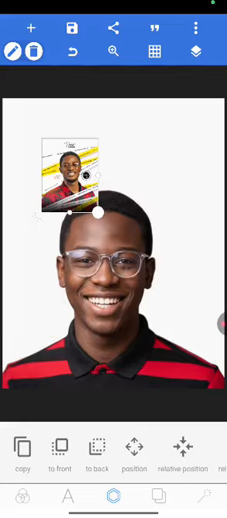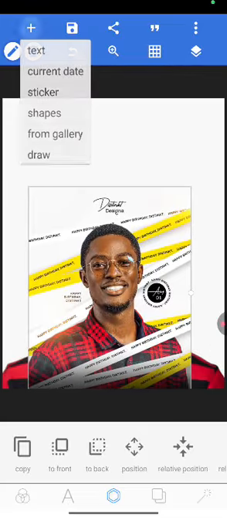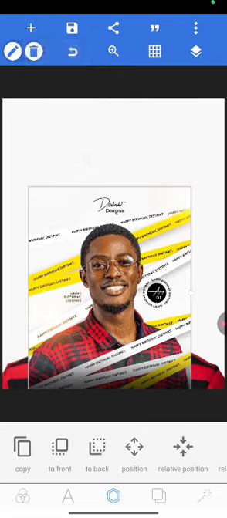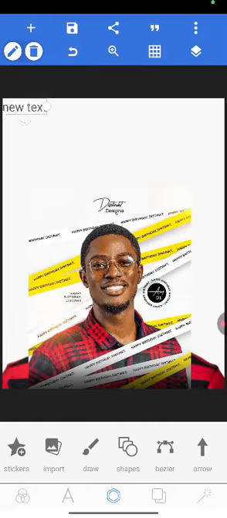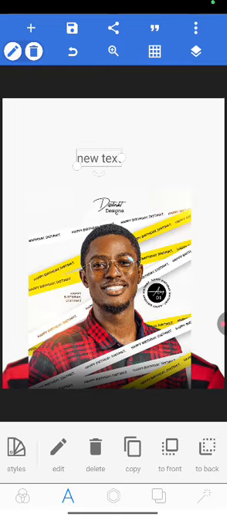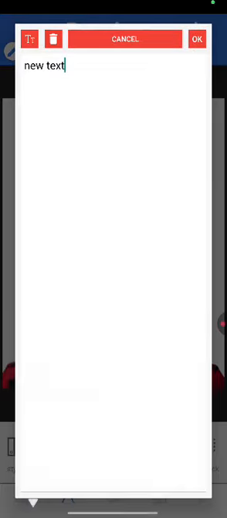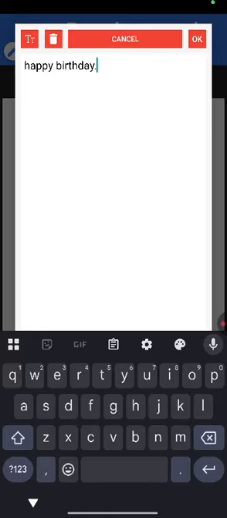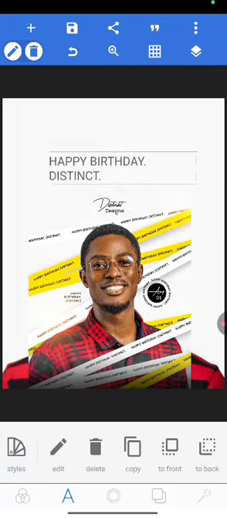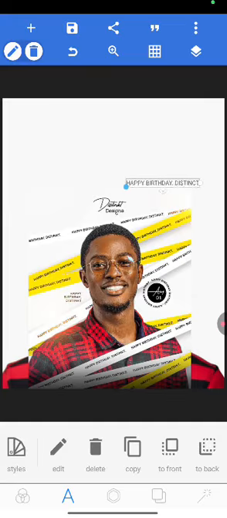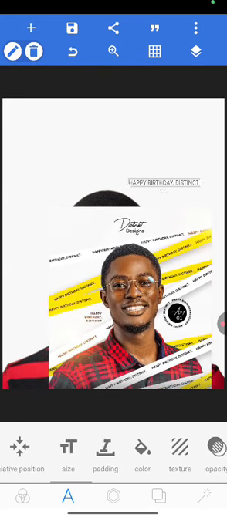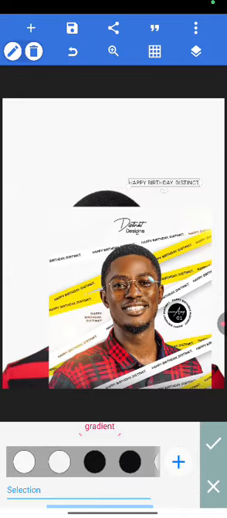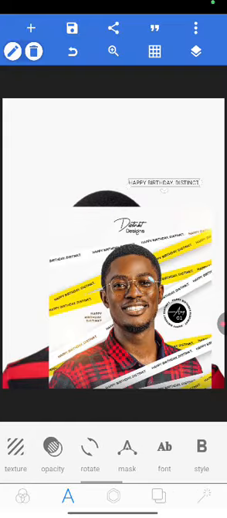So the first thing we want to do is bring on all those shapes that have happy birthday written on it. So we'll have, okay, delete this. Let's use text rather. I want to write happy birthday distinct. Happy birthday is a period, then distinct, and we'll have it like this. So the color will be black, of course. Then we'll change the font to, let's see, maybe